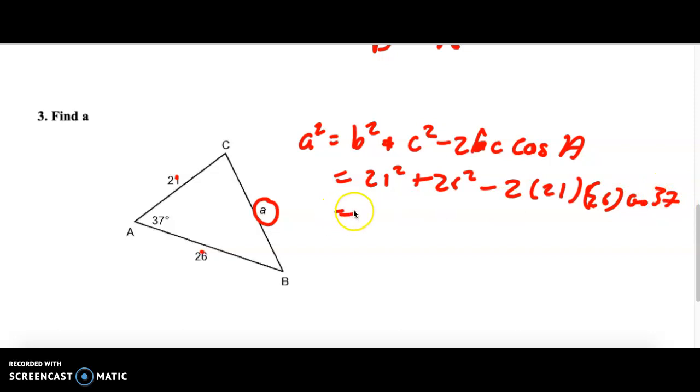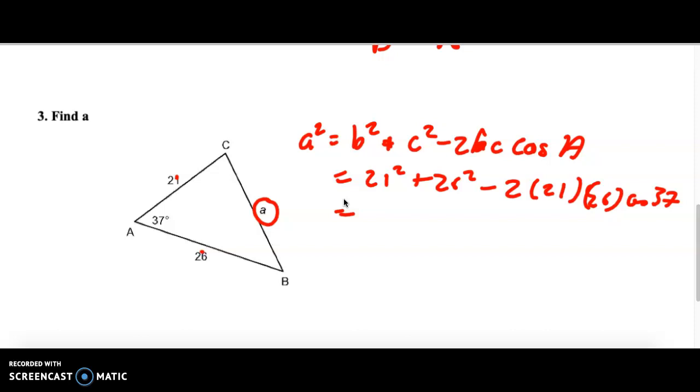And then what you're going to do is take this whole thing and grab your calculator, and this is still a squared is equal to that, so don't hit anything. Just go ahead and type this in as you see it. So 21 squared, where's my squared button? Plus 26 squared minus 2 times 21 times 26 times 37 cos, and then equals, and that's wrong, so let